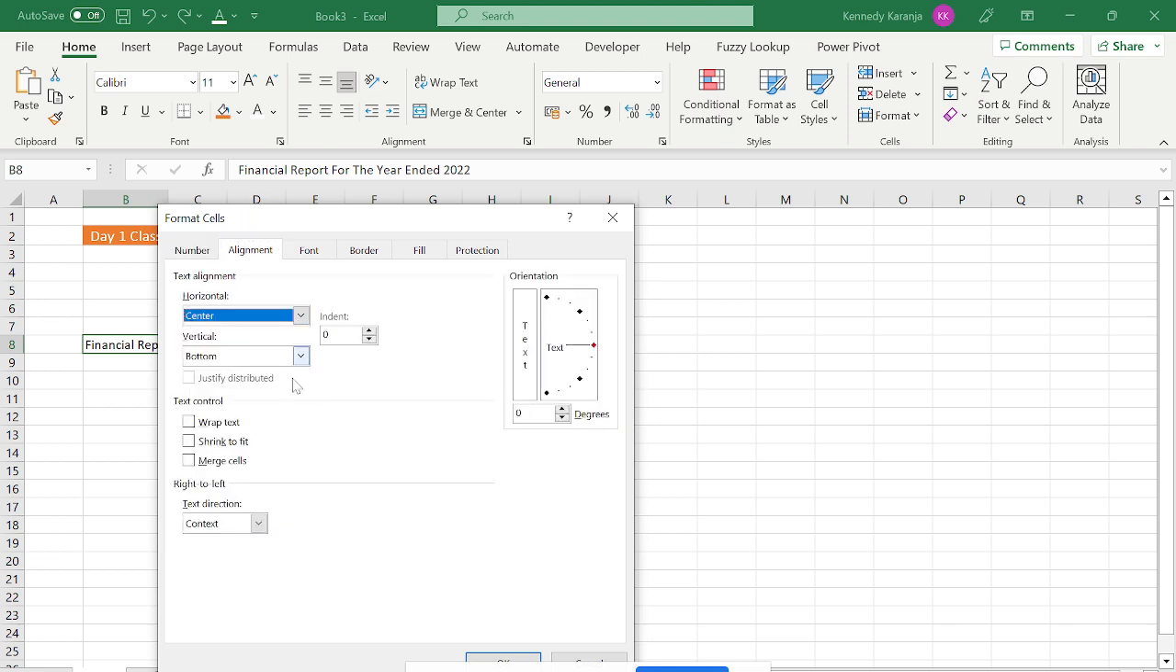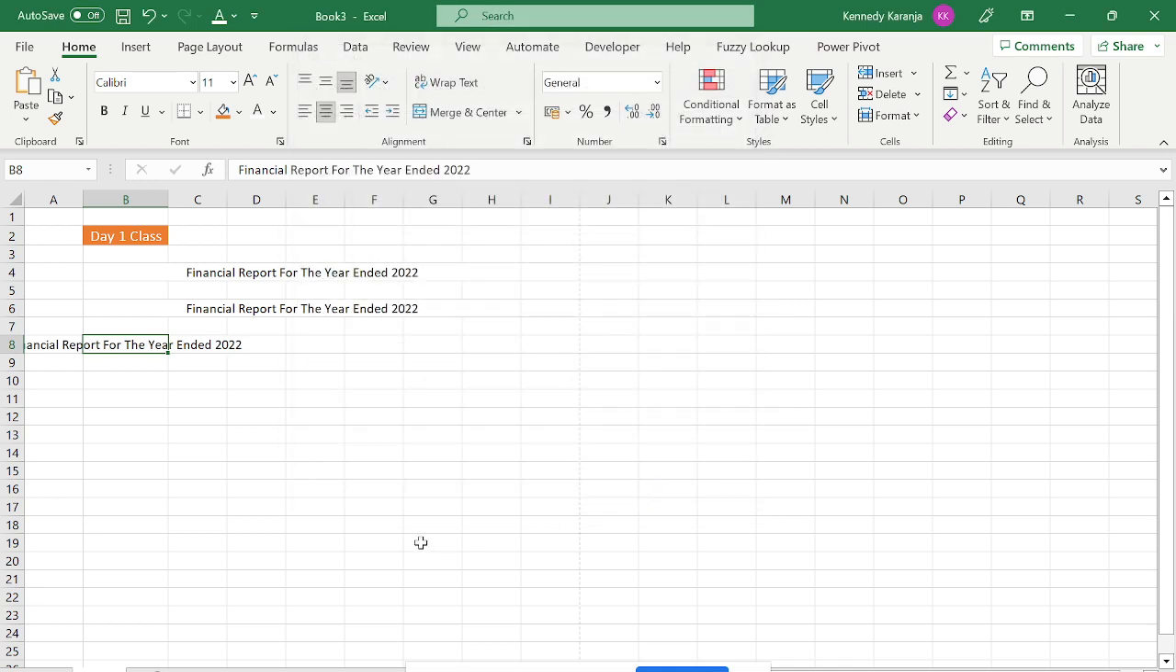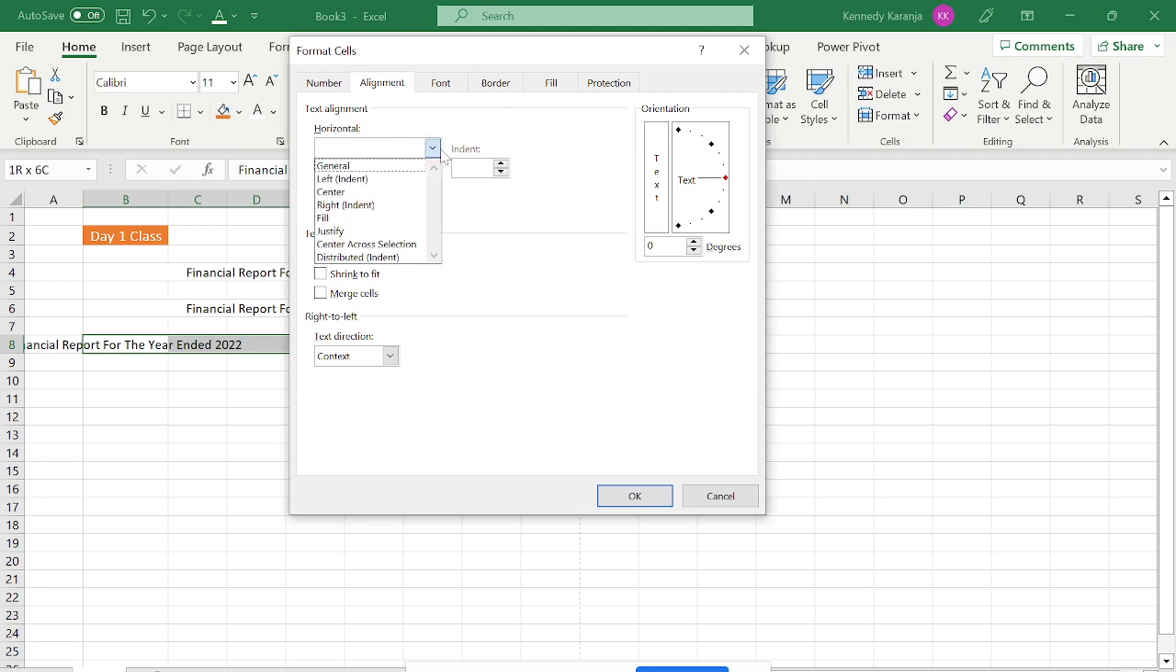So I'll just center it within that cell. Let me just put my dialog box up a little bit. You see what happens when I center? Okay, so when I select a selection and I center,